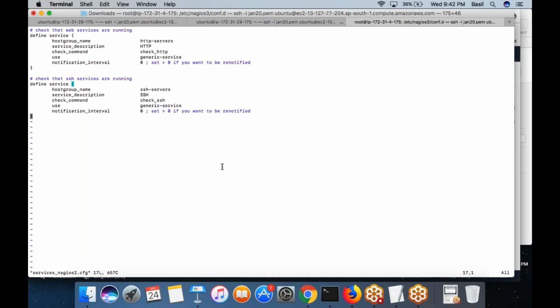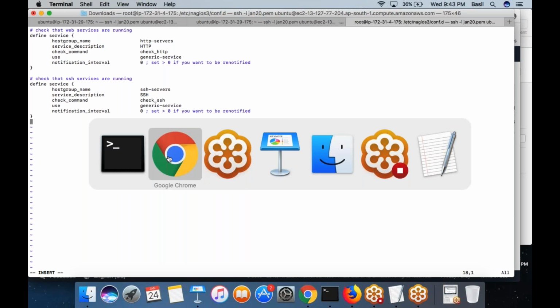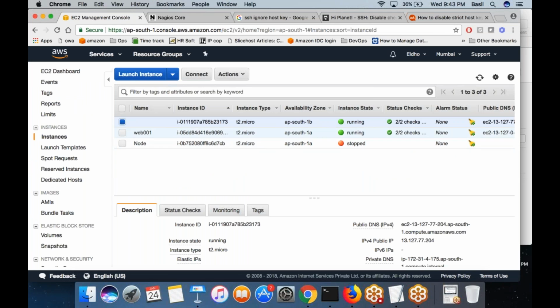Define service. Host group, I will make it HTTP service. I don't know why it is very slow.